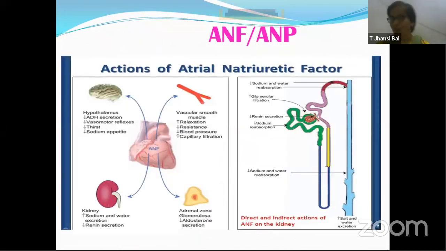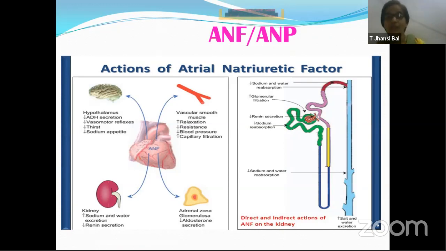Now, once the blood volume and pressure increase, what happens? Juxtaglomerular apparatus releasing renin doesn't continue. Once there is an increase in the pressure of blood volume, that is recognized by the wall of the heart. This atrial wall of the heart realizes, okay, blood volume is increasing. That means there is enough water inside and the pressure of the blood is increasing.